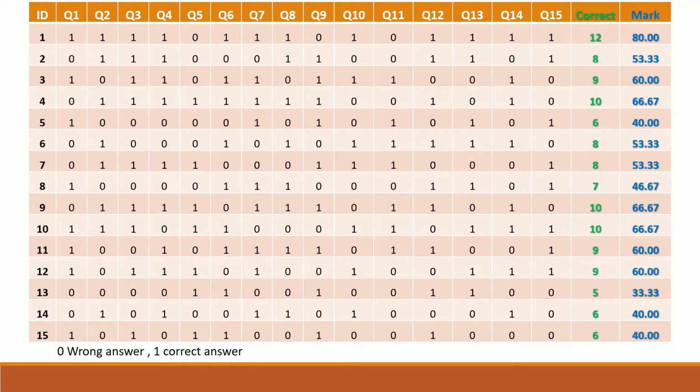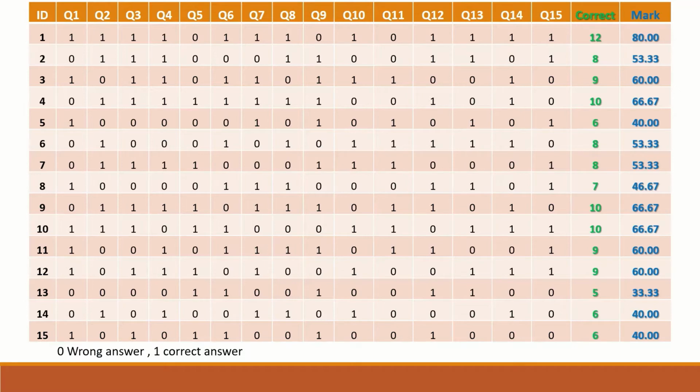Then we add all the question scores for each student together, divide by the total number of questions, in this case 15, and multiply by 100 to generate the total mark, or the percentage of the total mark, as given here in the blue marked values in the column